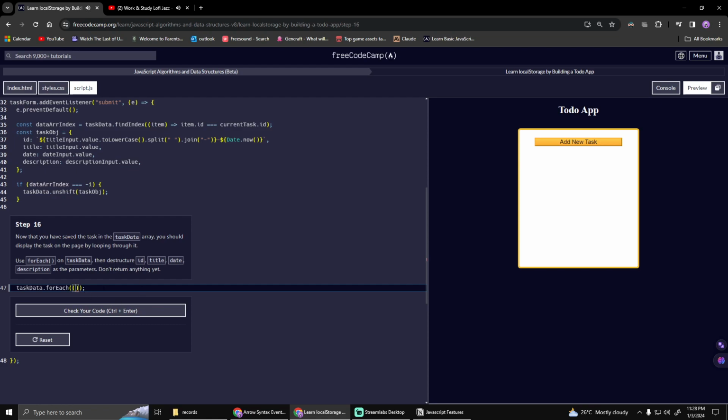and since we are not just putting it as a parameters but also destructuring the for, we should use curly brackets to indicate that we are destructuring them as parameters for each. So input the ID, title, date, and description as the parameters, and it says here that don't return anything yet, which implies that there should